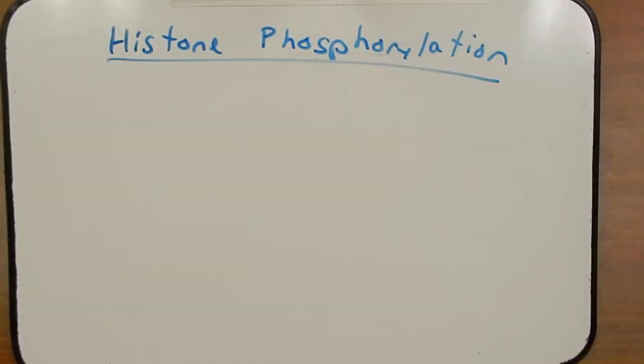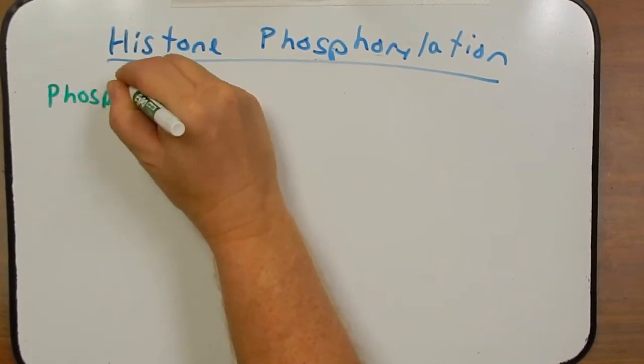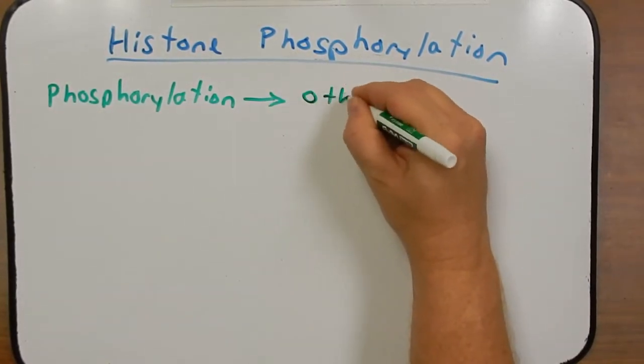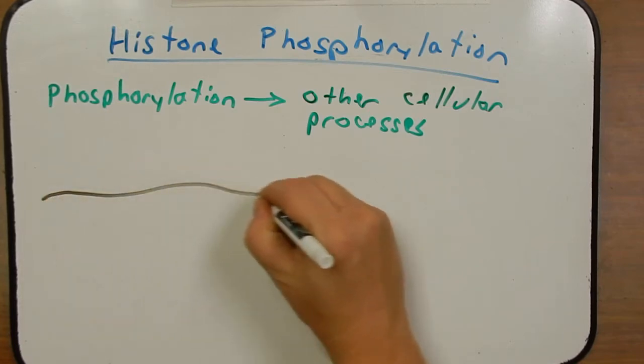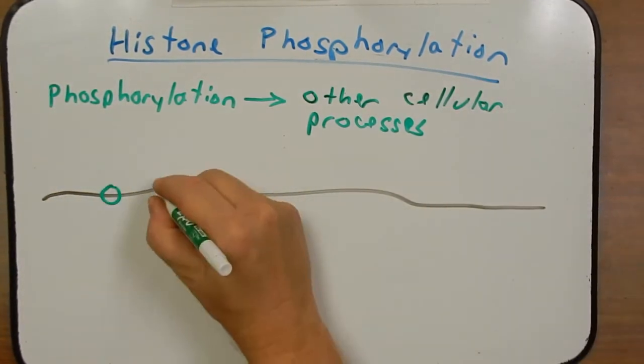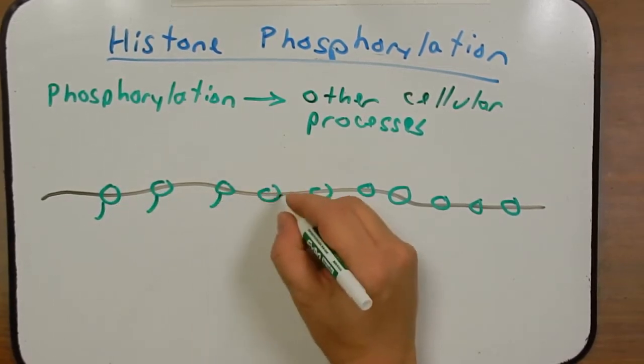When we talk about acetylation, the data is pretty clear that acetylation increases transcription. Phosphorylation seems to be important in other cellular processes. So what is histone phosphorylation? Well, let's draw our DNA here, and we'll draw our various histones along the DNA with their tails, their N-terminal